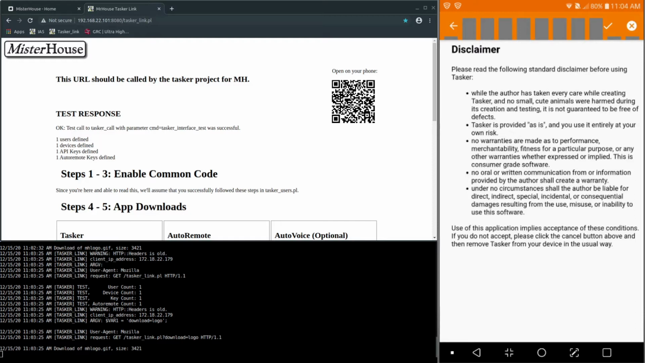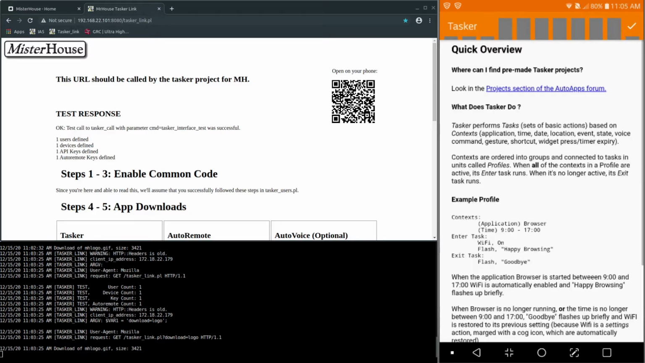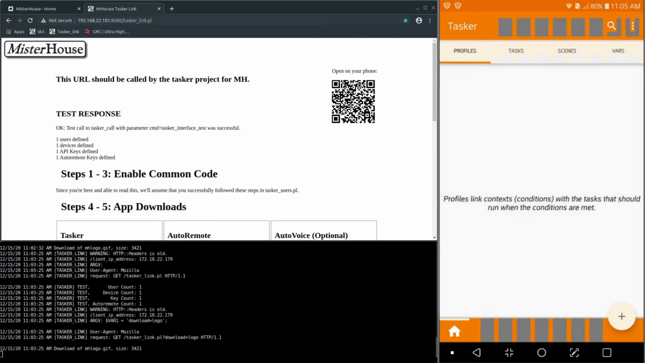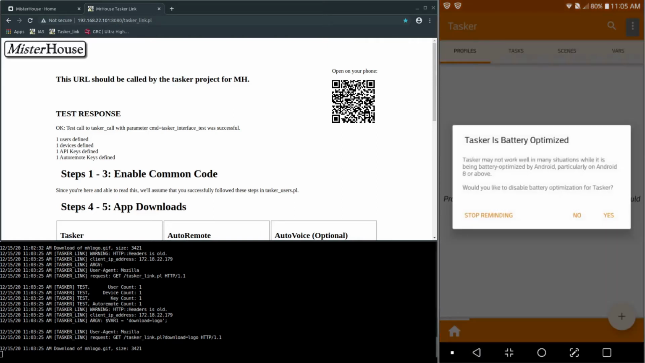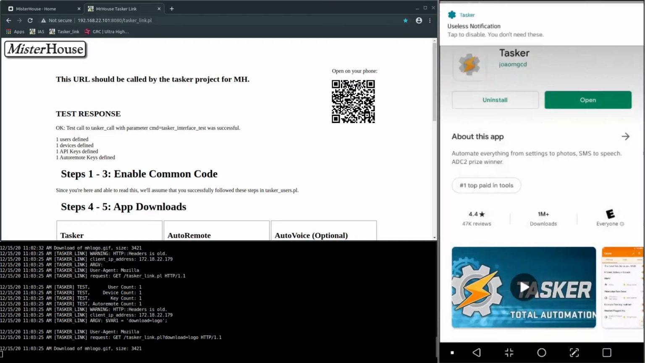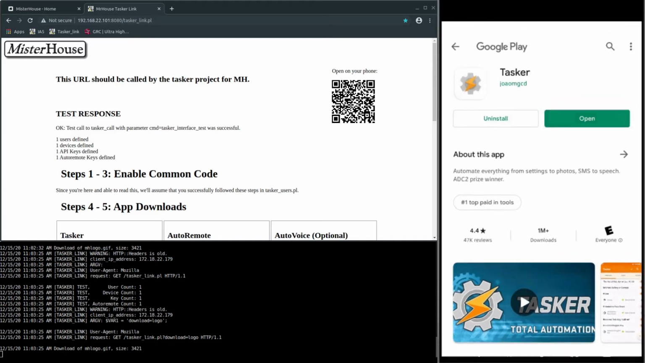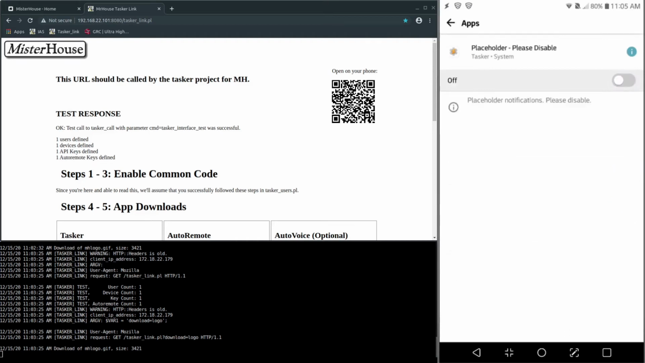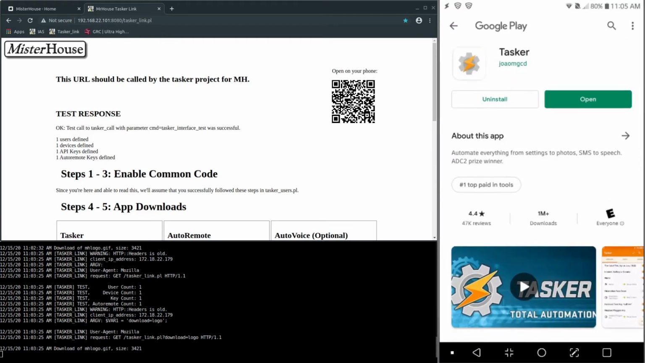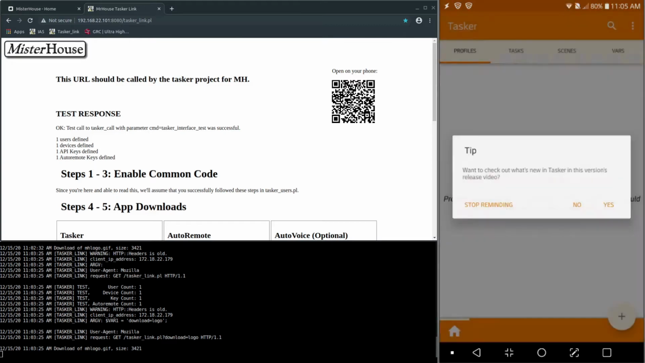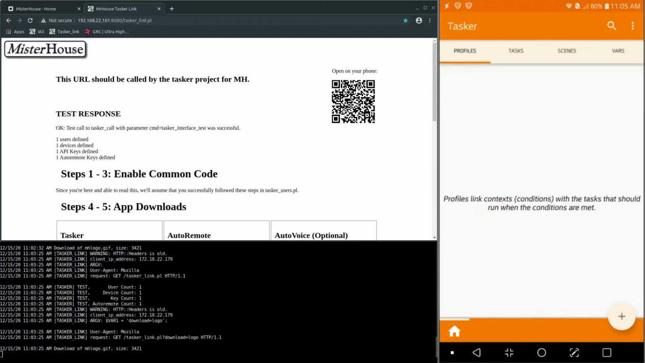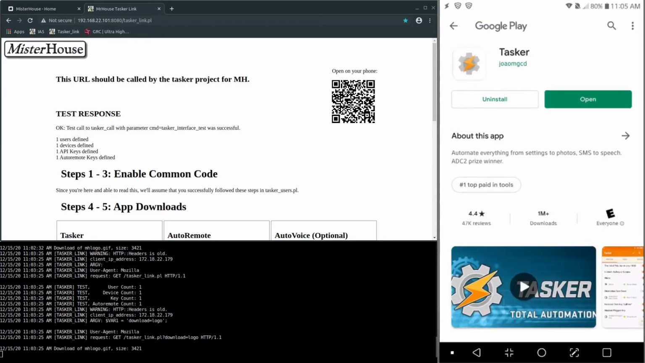We check off the disclaimer, stop reminding, and Tasker's battery optimized. We can disable battery optimization and so forth. I recommend that you go through most of this. I'm going to click Stop Reminding for the purposes of this video, and OK. We get a useless notification, literally called useless. So click on that and tap to disable. Back out again. Reopen Tasker. Stop reminding and exit again. We'll head right back out